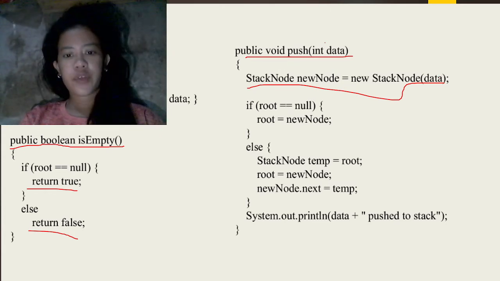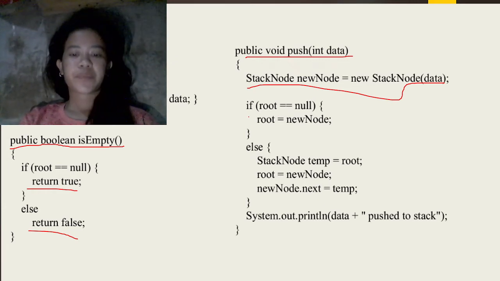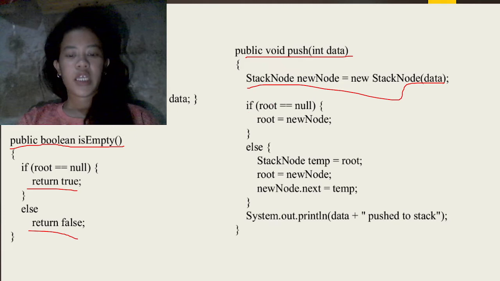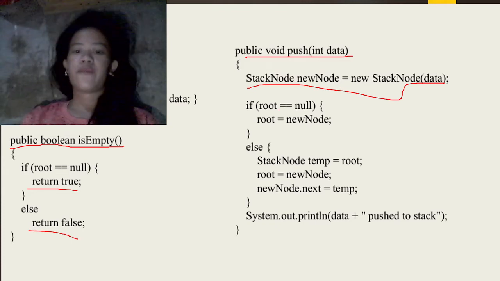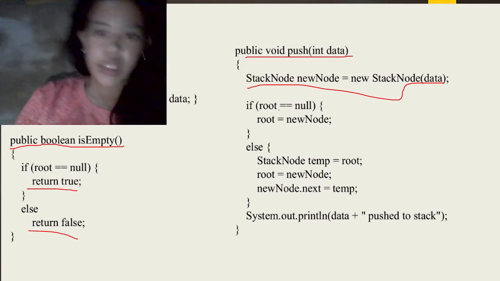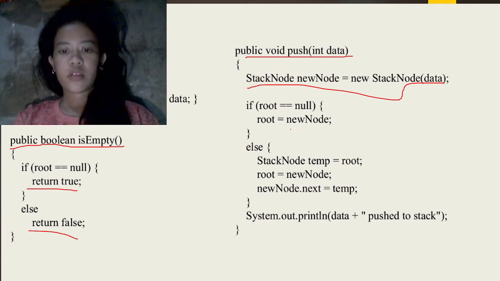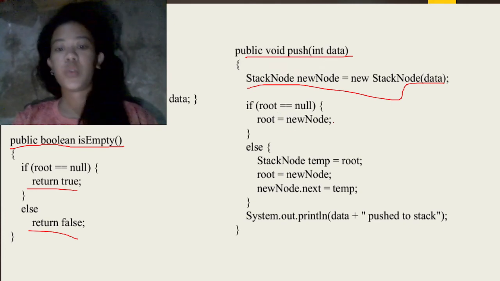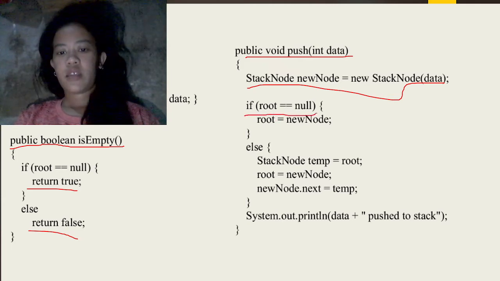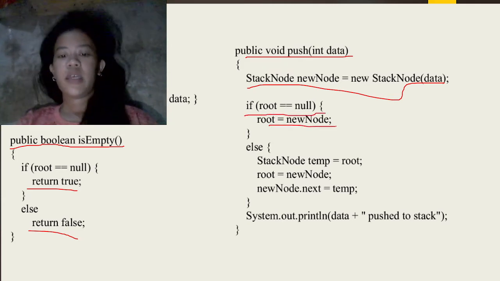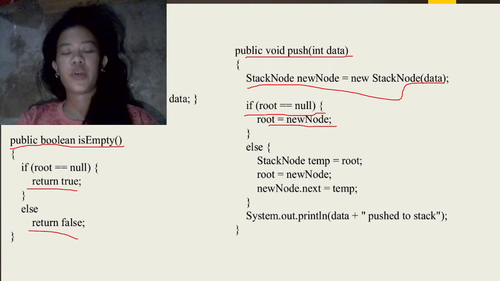And then we also have an if condition: if root is equal to null, which if true, the root will be the new node. If not, if the root is not equal to null, or it is not empty,